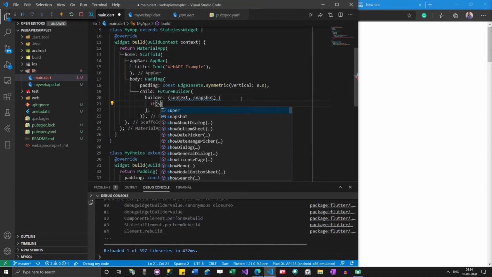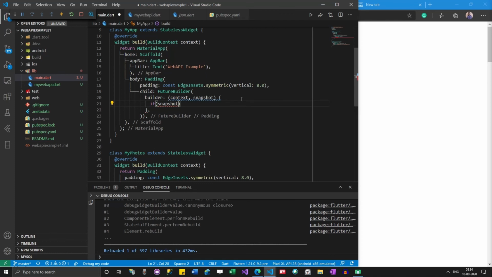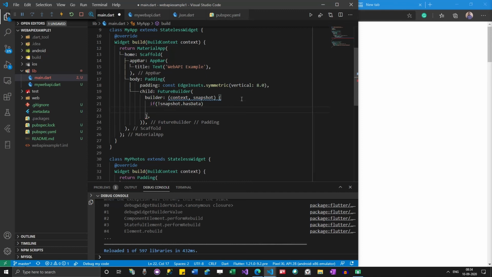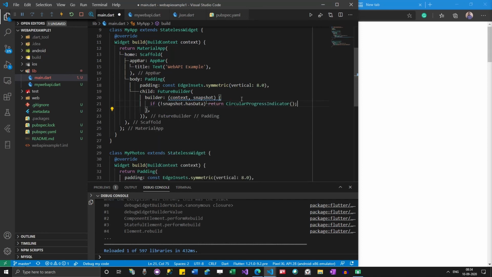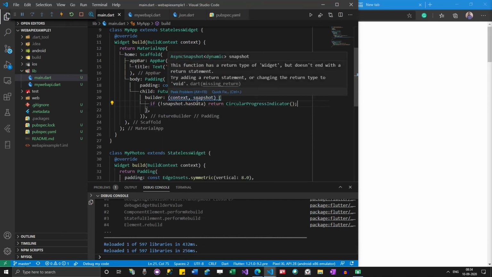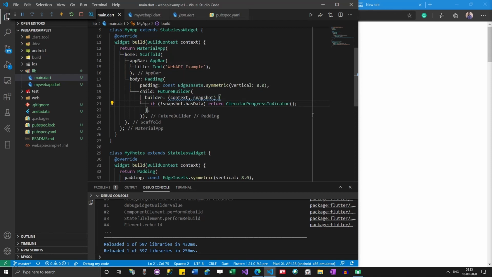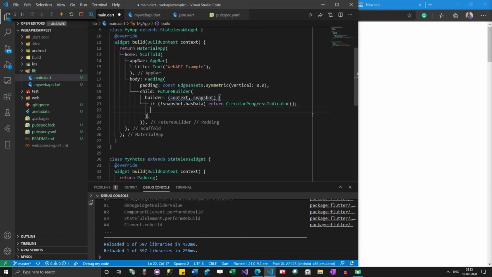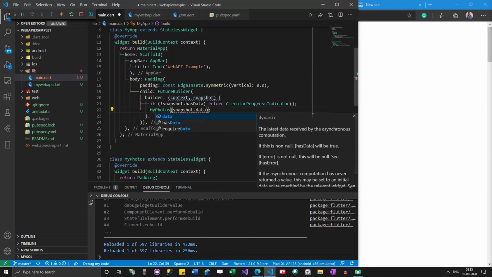If snapshot is not having any data, we are returning a circular progress indicator. Else, MyPhotos, and then we are passing that snapshot data.